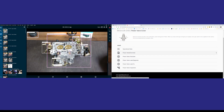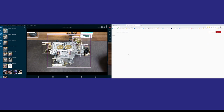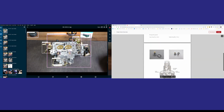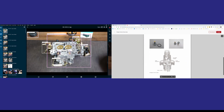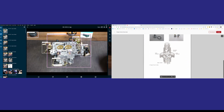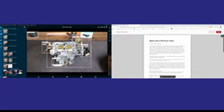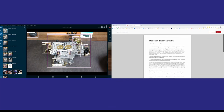It actually will open up the page and show me all of the information that I need to know about that power valve cover. For instance, clicking on the overview will actually bring up this document, and it will, just one second, load it, and it will tell me that it's a Motorcraft 2150 power valve. I can scan down and actually see the different components. I can make sure that I understand everything. So this has helped me as Andrew confidently identify the part that I need to advise Larry on. So if we scoot back to the screen that we've got here,